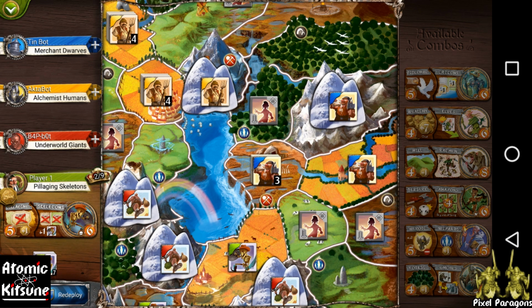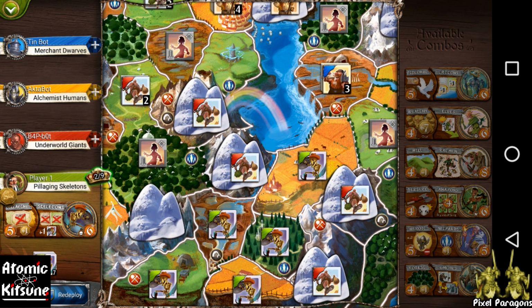Let's go in here. Smoosh. And I think we need to get rid of them. Smoosh. That's 2. We're going to go for another one. To review that pillaging, I want to make sure we've got...